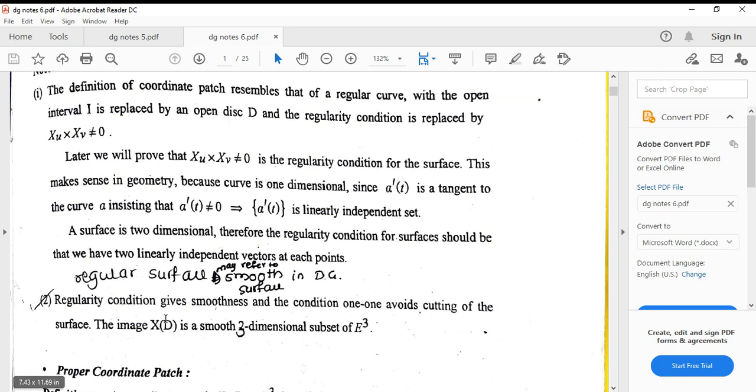Here also, if you want to study the regularity condition, it gives smoothness, and the 1-1 condition avoids cutting of the surface. Why does 1-1 give you a surface without cutting? That means